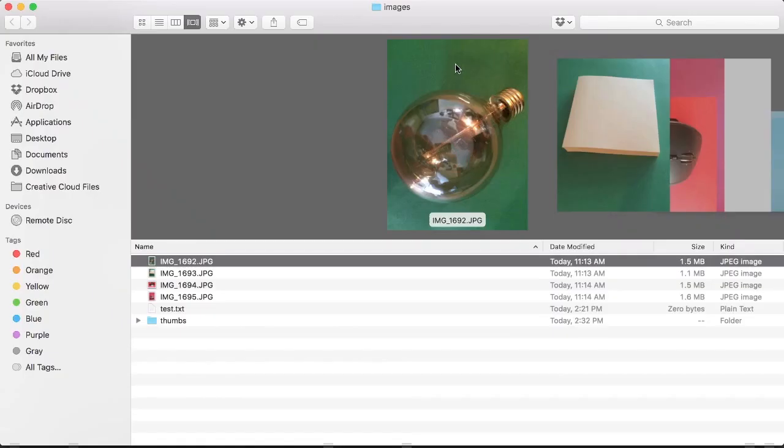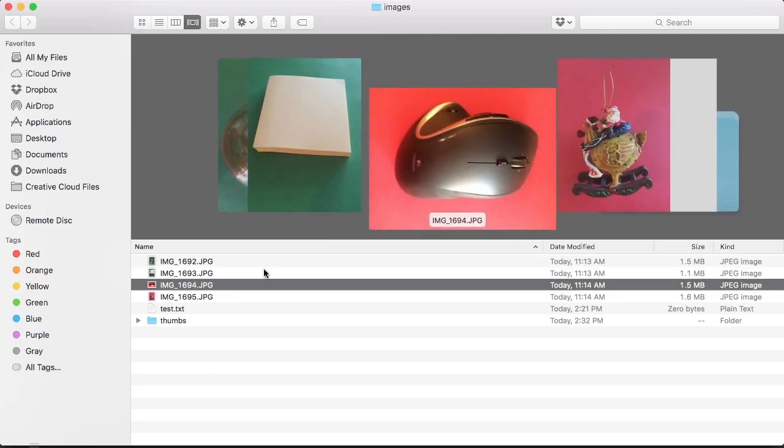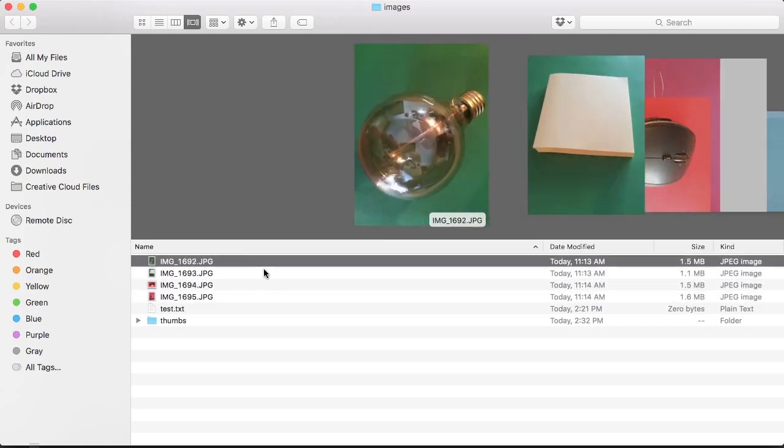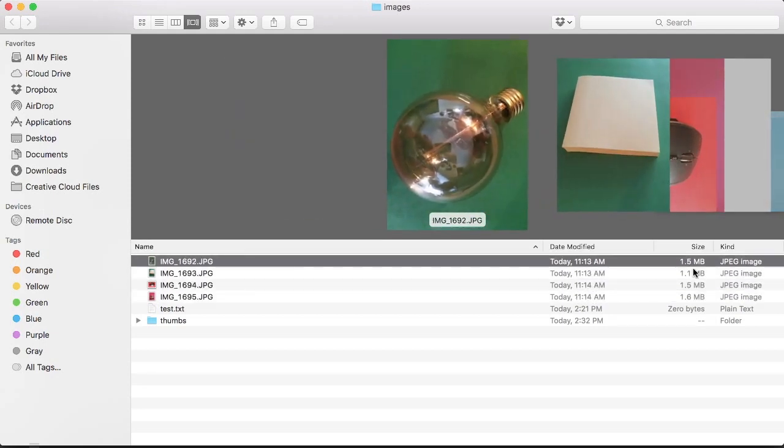Before we do this, though, let me show you the images I created. Here's the images folder that we've been working with. I just took a few images to work with. Nothing exciting. You can pull down whatever images you'd like from the internet or use some images on your computer. We've got 4 different images here, though, and they're rather large images, about 1.5 megabytes. I took these with my iPhone. So we'll want to scale these down to a more reasonable resolution. And we'll do that with the contain function inside of this